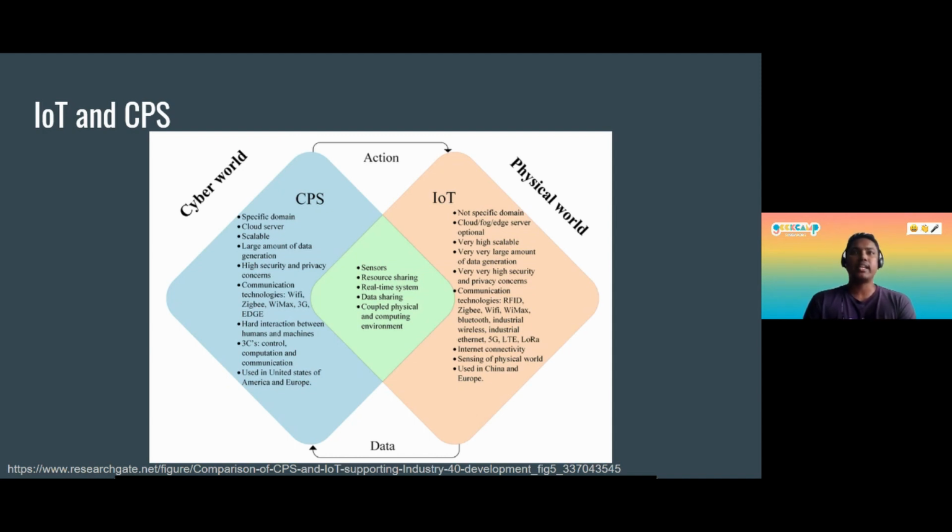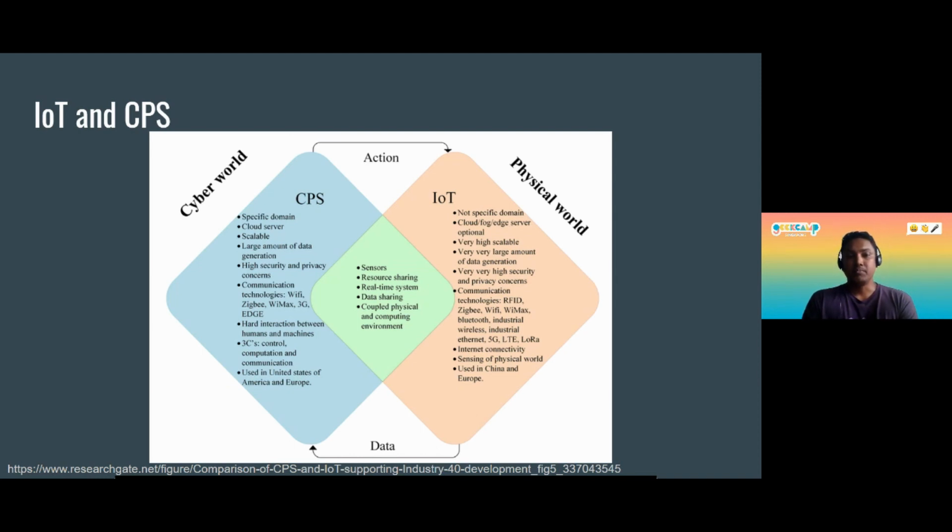So usually what we are talking about is a smart factory, perhaps, which has each of these devices talking to each other and sending the data to a cloud, and that is scalable, and that may use technologies like Wi-Fi, 4G, WiMAX, and whatnot. And that also has control, computation, and communication, the 3 C's of CPS.